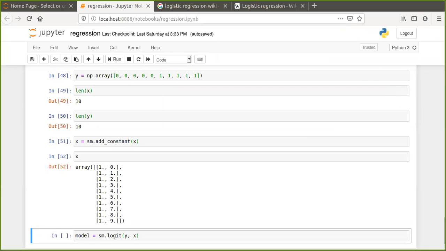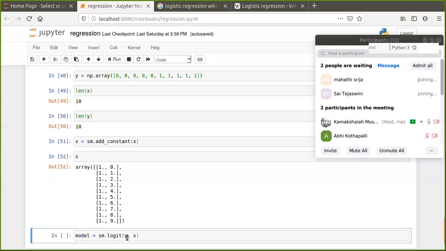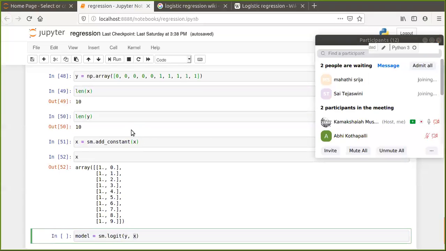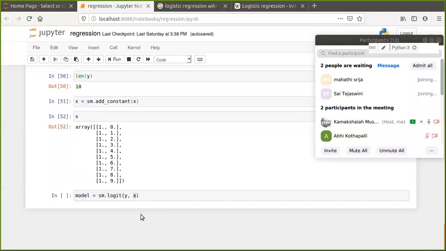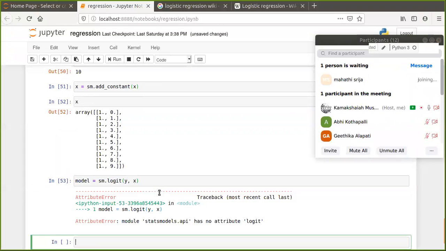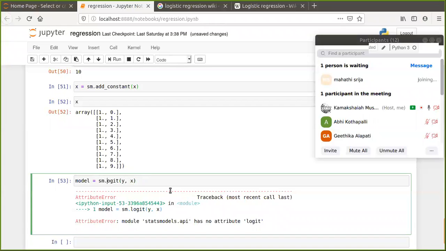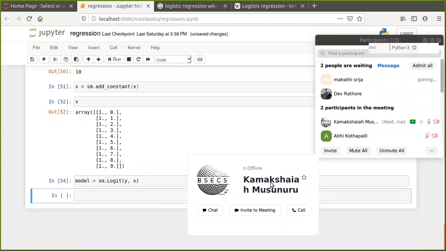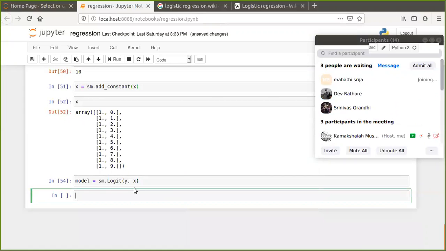Y is dependent and x is independent because y is a dichotomous variable. Please be cautious. Now you just have to press enter. Logit, capital L I think, right? Logit. Now model, this is I think